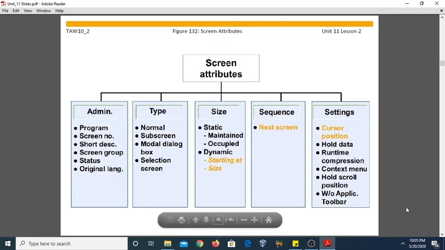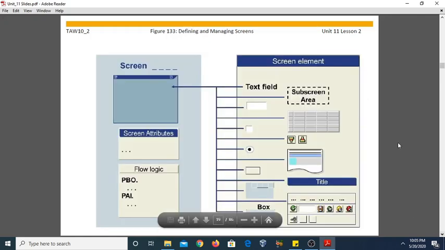Okay. Come to the next topic, defining and managing screens. As you can see, this is a screen, and this screen has a number of attributes, as well as one thing, that is flow logic. In this flow logic we have two modules, PBO, process before output, as well as PAI, process after input.